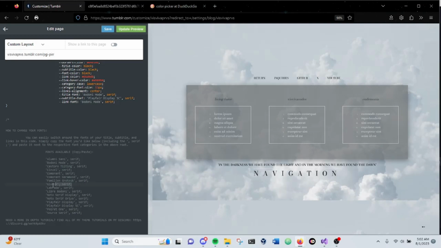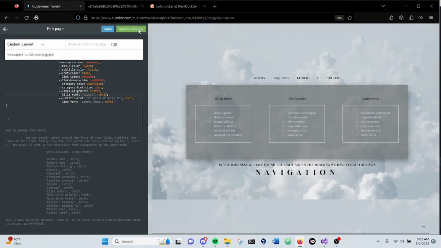So let's say, for instance, I want to use this font. I'm just going to copy and paste it right up here. Well, make sure you don't have an extra semicolon at the end. And now you'll see it changed my navigation, and it looks very pretty. So you've got that one, and yeah, so that sort of concludes our